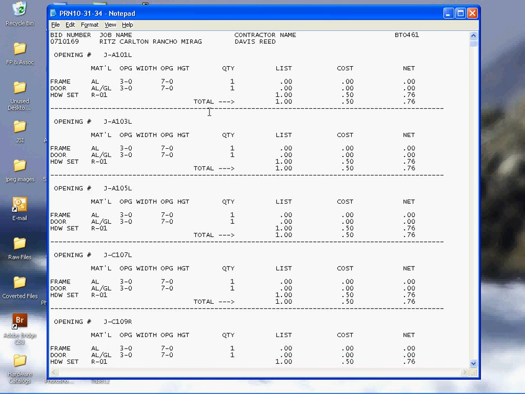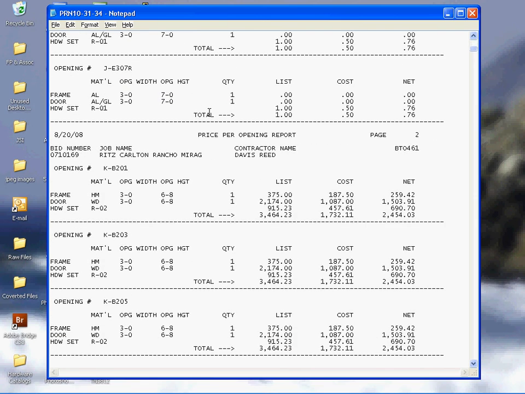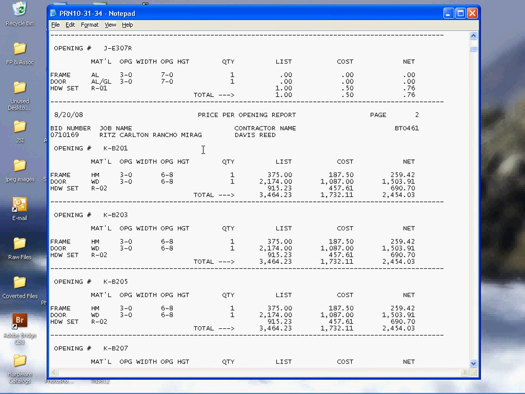So I'll just go ahead and scroll down and find one that reflects what we're looking for, material supplying. Okay, opening K-B201. The frame is hollow metal, the door is wood, the hardware set is R-02. The list price for the frame is $375. The cost is $187.50. The door is $2,174 is the list price, $1,087 the cost. These are stile and rail doors, and that's why they're so pricey. Wood finishing, and the hardware set is